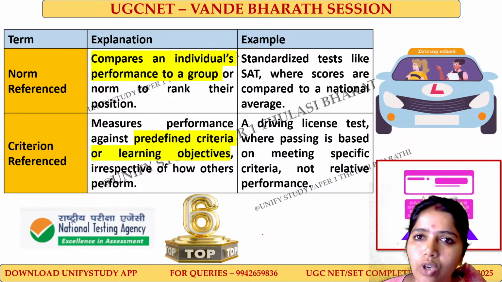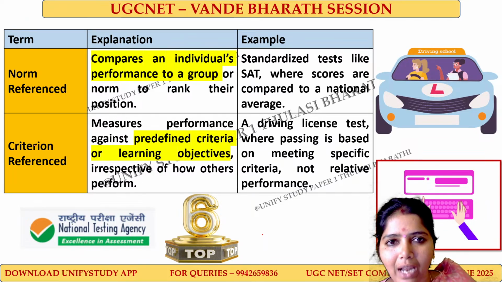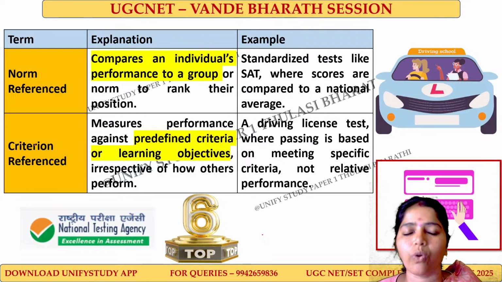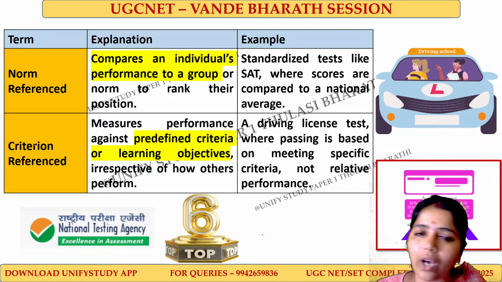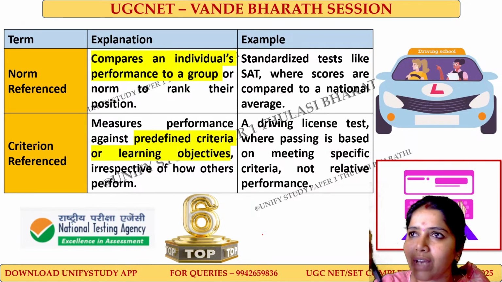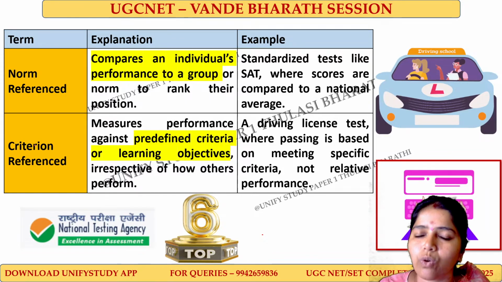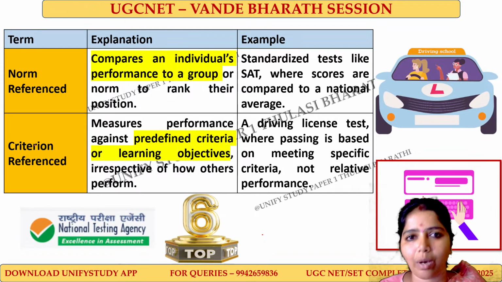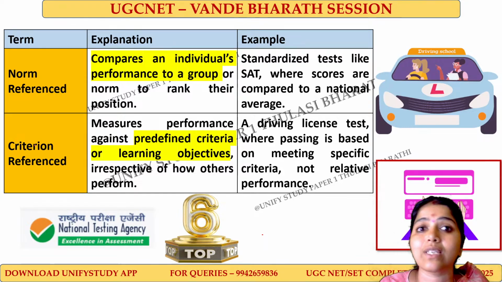If you want to clear the TOEFL exam and get that band, you have to score 8 out of 9. You have to score that, whoever you are, or else you cannot get in, because it's a predefined standard. Like we have to get an 8 score, we have to get a 7 score. Only with that score can you get in. It's called criterion referenced evaluation.